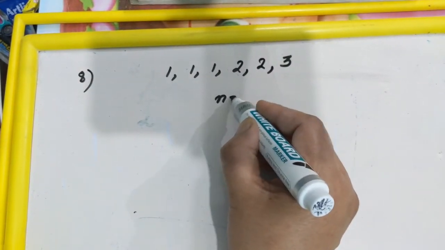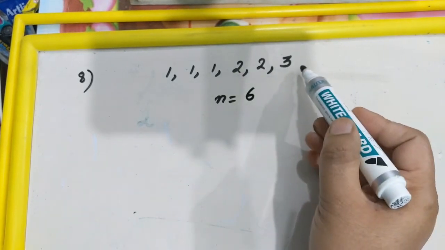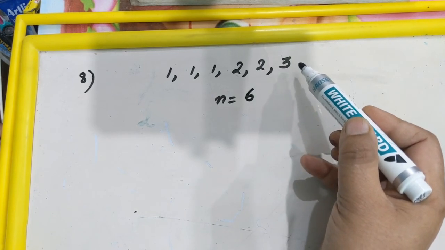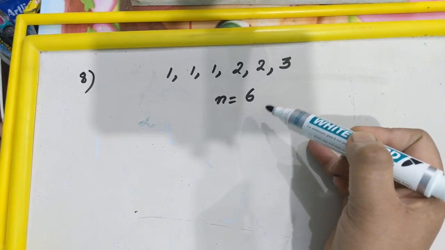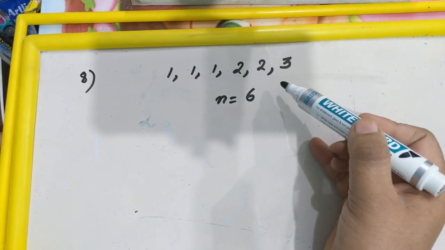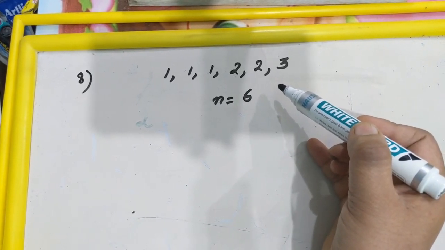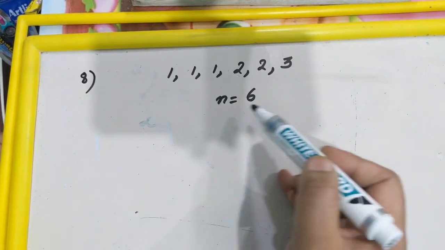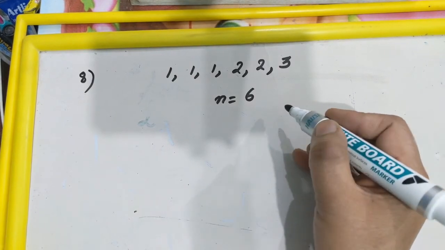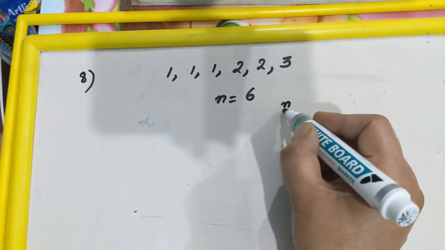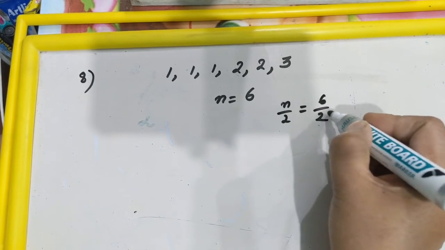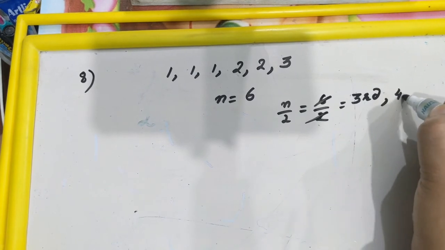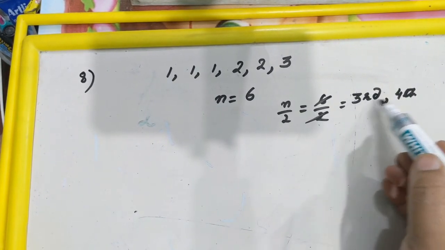Here you see, children, n is 6, and you can see I have rearranged the data in ascending order. In case you forget to arrange the data in ascending order, though the question is very easy, you will face problems when it goes wrong. So never forget step 1, that is arranging the data in ascending order. N is 6, so which terms will you take? The two centermost terms. First is n by 2, that is 6 by 2, equals the third term. And the next term is the fourth term.